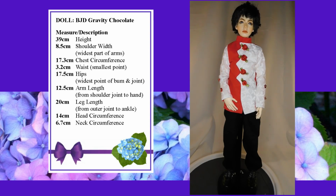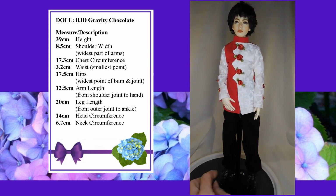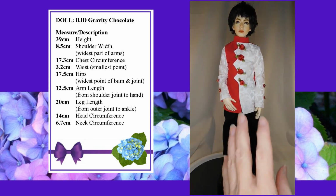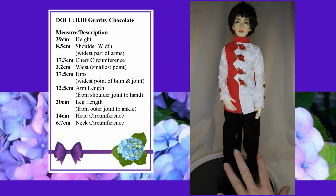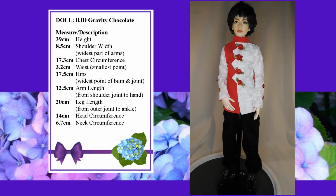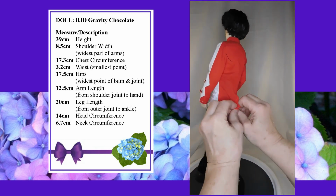Lastly, we have the 39 centimeter BJD gravity quarter scale fella. He's quite a bit smaller than the other two, as you can tell, because his feet don't even go to the bottom of the stand, but this is the one I had handy. So the pants are really, really long on him, and for this pattern they would definitely need to be shortened, and they were too big around the waist. They're quite a bit bigger because this guy is a lot smaller than the others, but the coat fits him really well. So I like how the coat fits, and here it's kind of hooked up on the